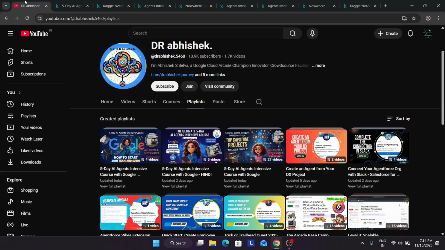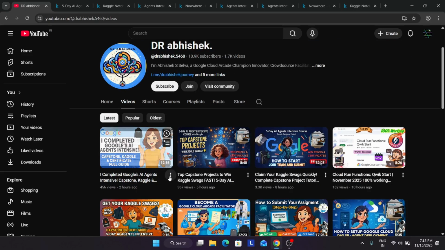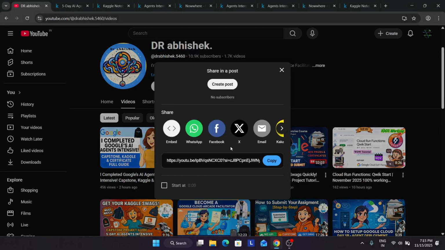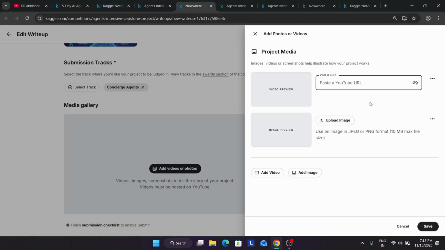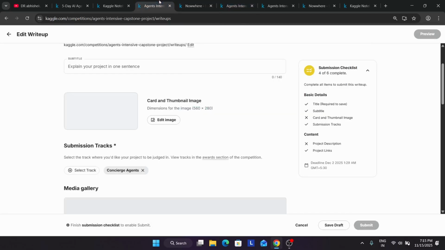So here we have to just add a video. You have to post a video on YouTube, and then you have to simply select it and just come over here and just paste the video URL over here. So here you can see, once you paste the URL, it will look like this only. Okay. So you can make an unlisted video or public video also on your YouTube channel, your YouTube account. Now here we have to upload an image preview. So what you can do, you can just come to the output page of the notebook.